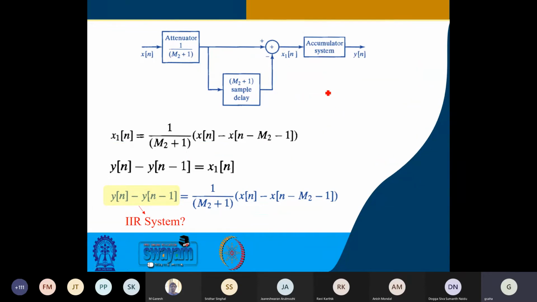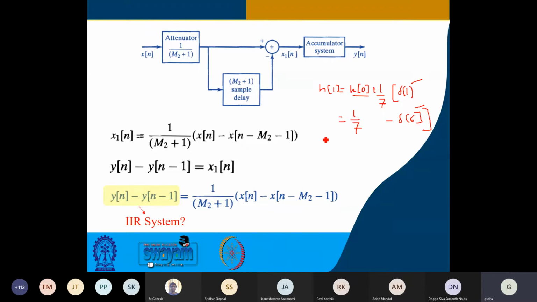Now what about h1? h1 will be h0 plus 1 upon that 7, because you have considered m2 to be 6. This is your del 1 minus, this is 1 minus 6 minus 1, so del 6. Now these two are both 0. And what is h0? We have already seen it to be 1 upon 7. So h1 will be 1 upon 7.